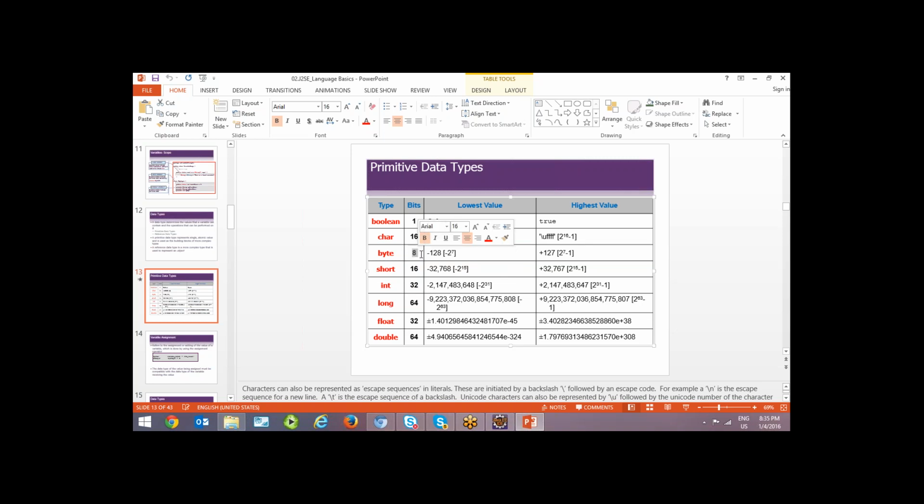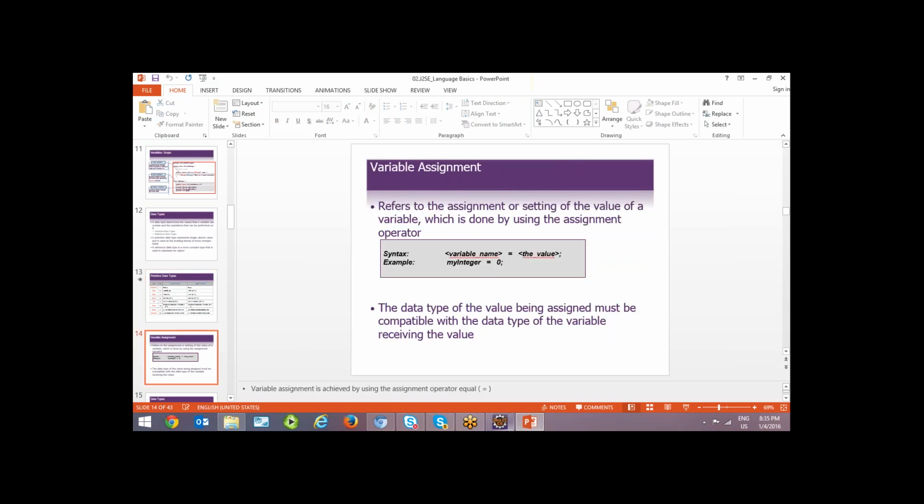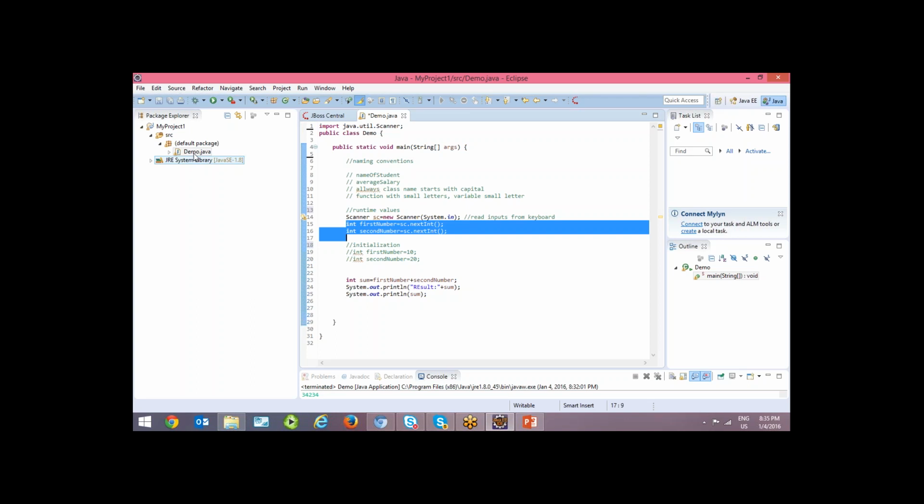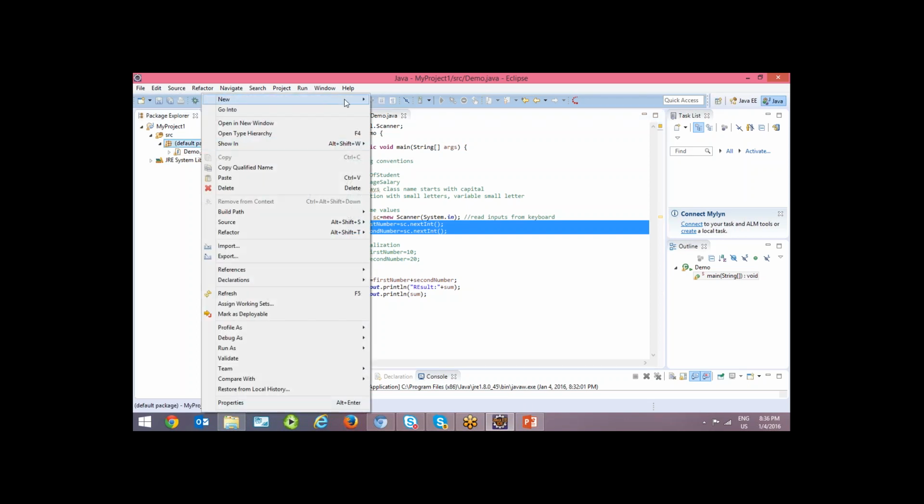Depending on our requirement, we have to choose whether to go for byte, short, int, long, float, double. Double can store fractional values. Coming to character, it can store a single character. Boolean can store either true or false, only 2 values. We will do a simple example with all data types so that you will get an idea.